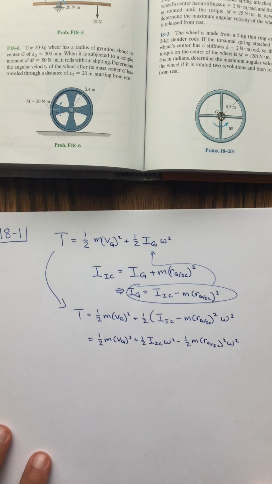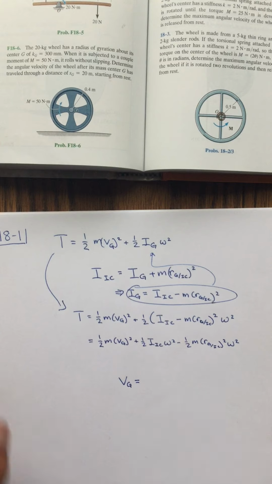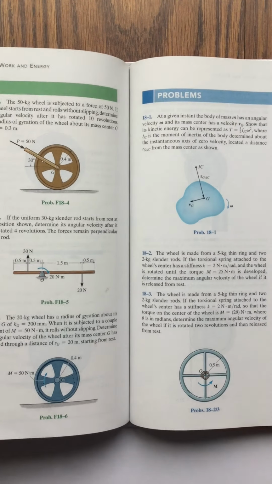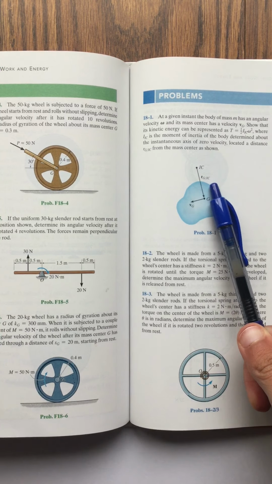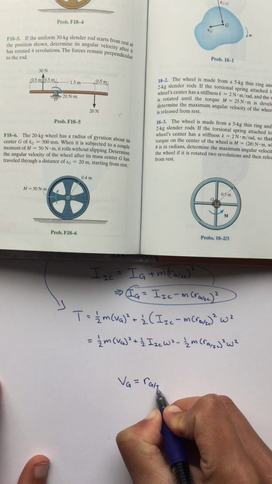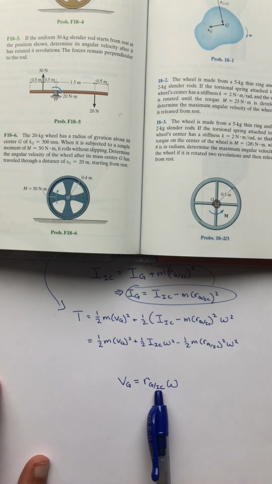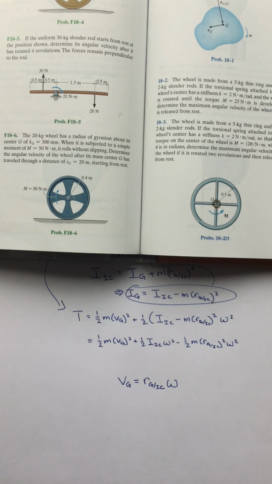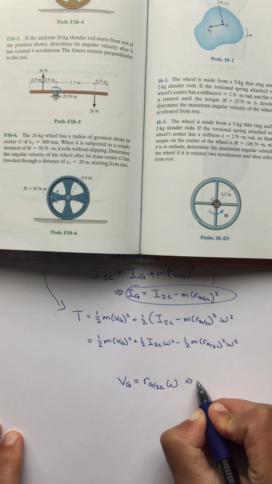So this is 1/2 times m times v squared plus 1/2 ... Okay, but recall that the velocity of point G, which is shown here, since this is the instantaneous center, is equal to this r going from G to the instantaneous center times omega. So we learned this back when we talked about the instantaneous center of zero velocity. So if I take this and solve it for omega,